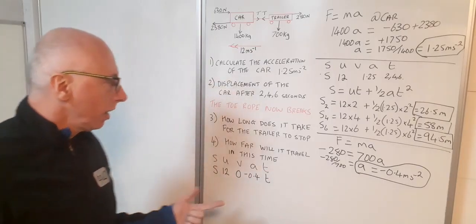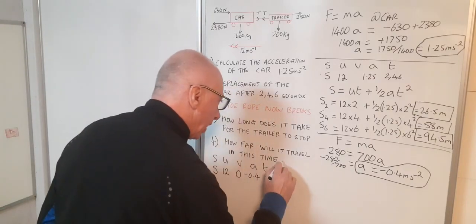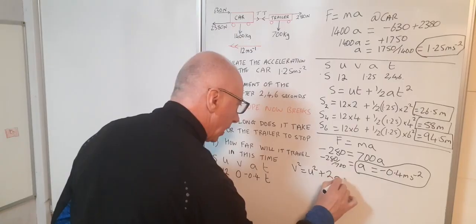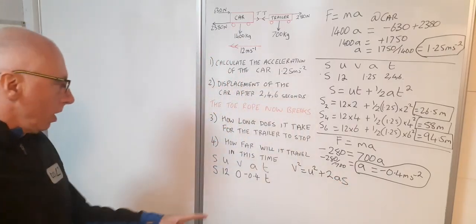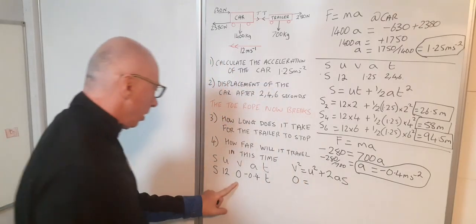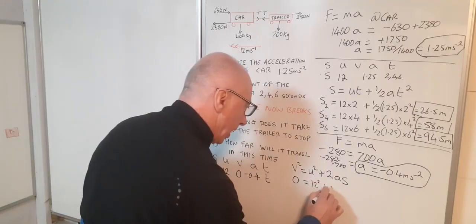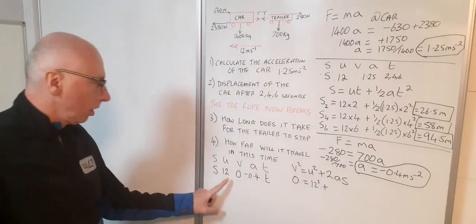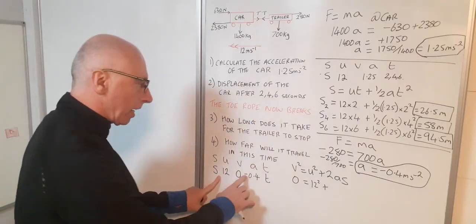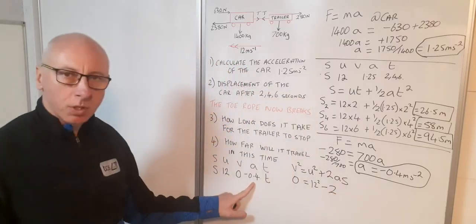So we're going to need V squared equals U squared plus 2AS. So let's put that in here. V squared equals U squared plus 2AS. So V squared is 0. U squared is 12 squared, so that's 144. I'll just write it in as that. And then 2 times acceleration times S. Now acceleration is a negative, so I'm going to change this sign to a negative. 2 times 0.4